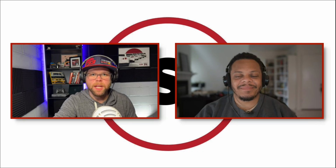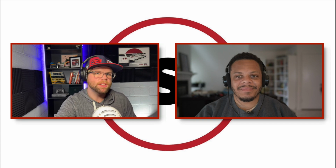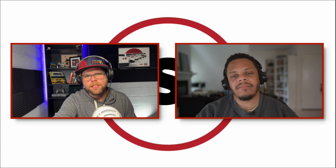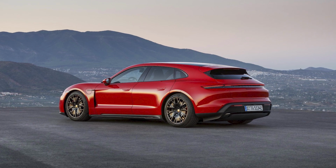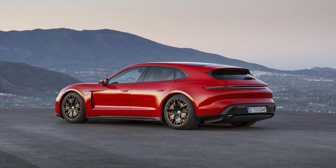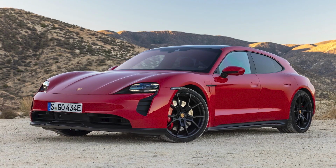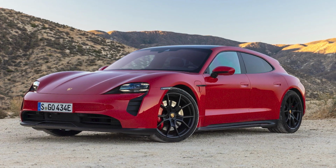But yeah, aside from the cool sounds this will make, Porsche gussied things up with some more aggressive bumpers. The styling's a little bit different to let you know that this is a GTS Sport Turismo. And Antoine, you said this will be a sweet spot for prices. I mean, perhaps for the average Taycan buyer it will be, but certainly not for me, because this will be